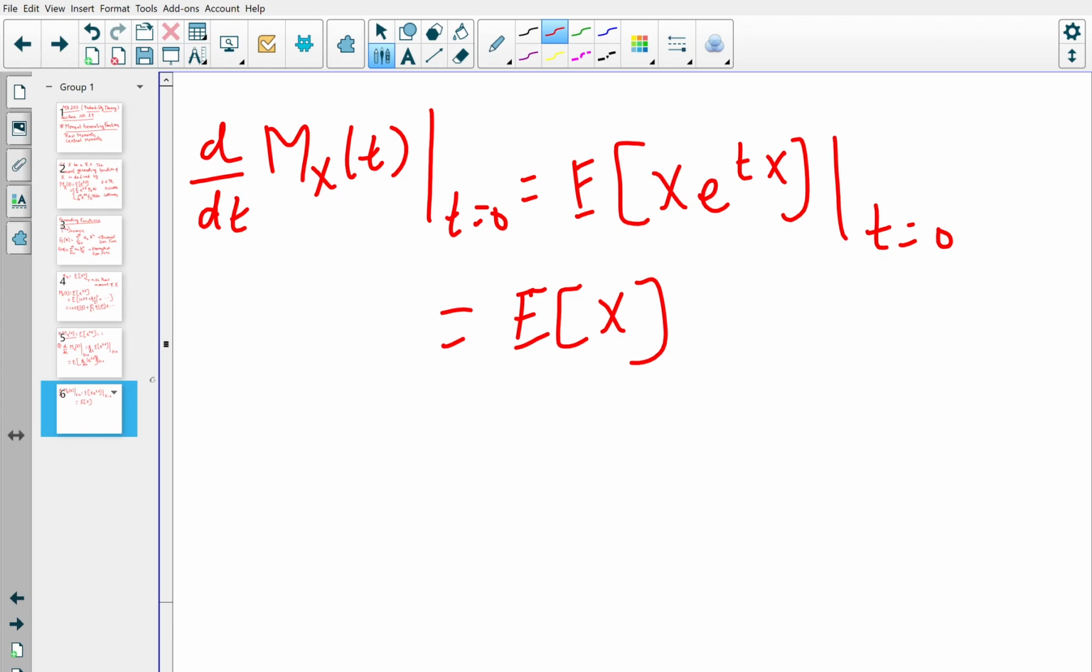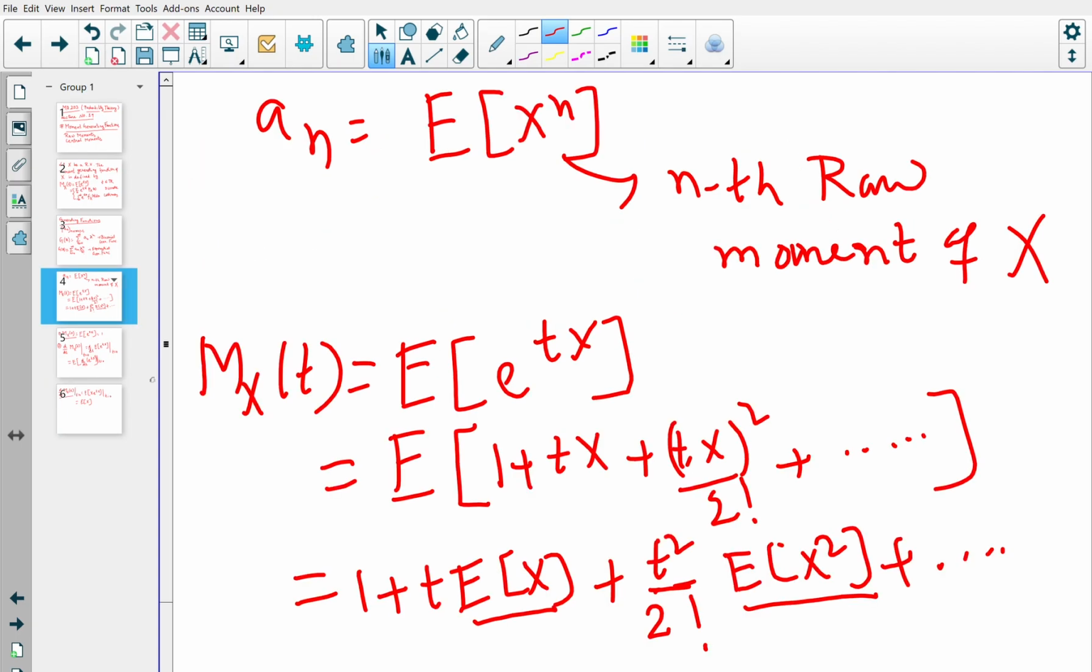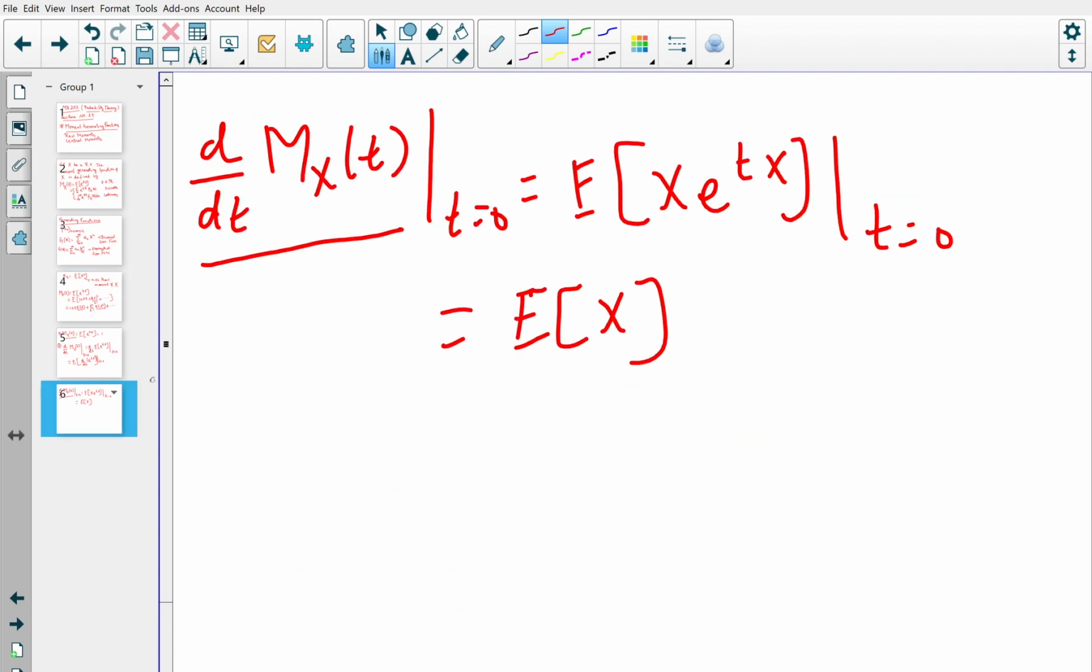And it is clear from this series that expectation of X is nothing but the coefficient of t. So if you have this kind of Laurent series function, then you can find out easily the expression of this. Similarly,